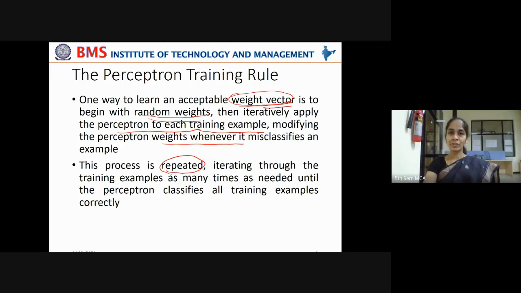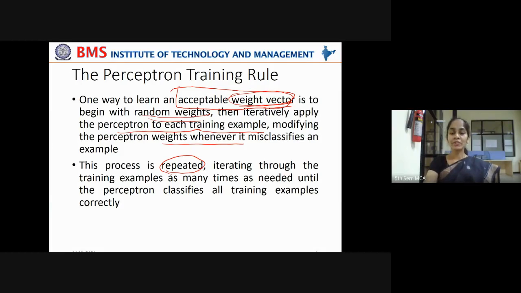You start off with random weights, but you can't stop with 1 or 2 iterations. You have to continue this iterative process until you arrive at an acceptable weight vector, until you arrive at an optimal weight vector, until you arrive at the ideal weight vector, which will reduce the error in the prediction, if not completely, up to some extent, up to optimal extent, up to sufficient extent.